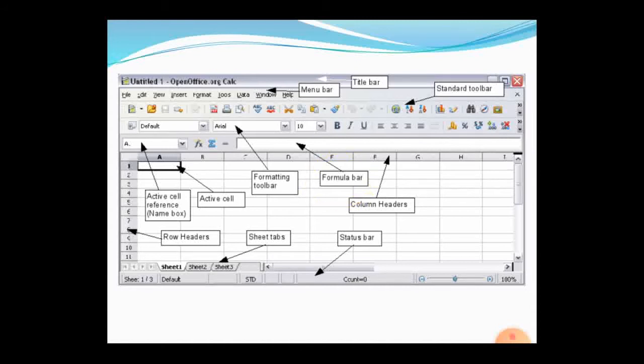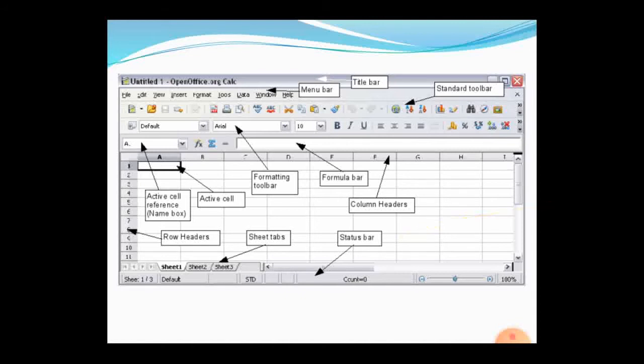Here we can type the formula for the selected cells to calculate. So when you select 10 rows or 10 columns and apply some formula to them, the formula bar will calculate accordingly and produce the result in the active cell.